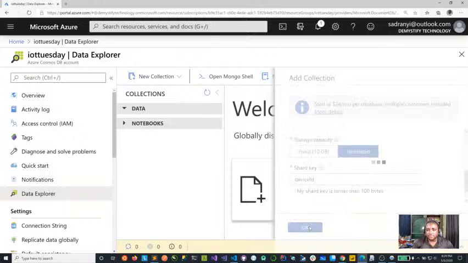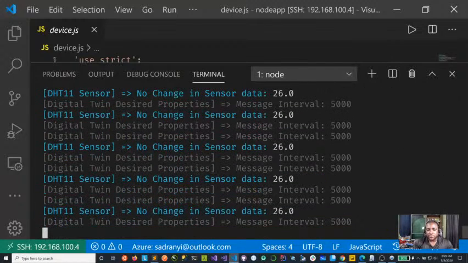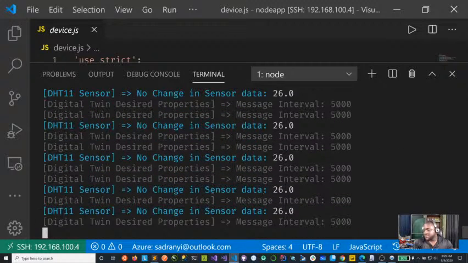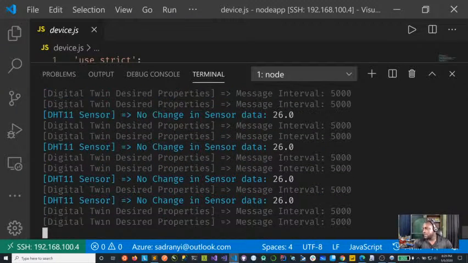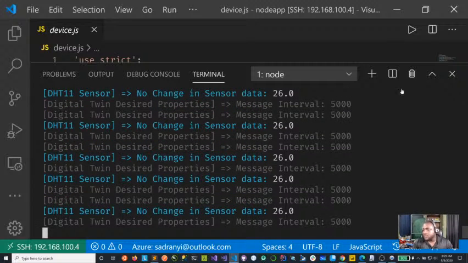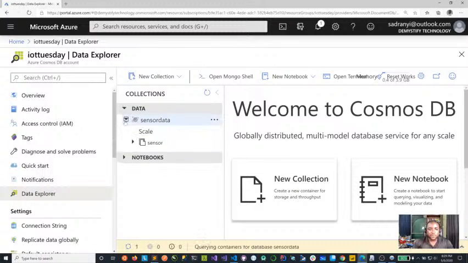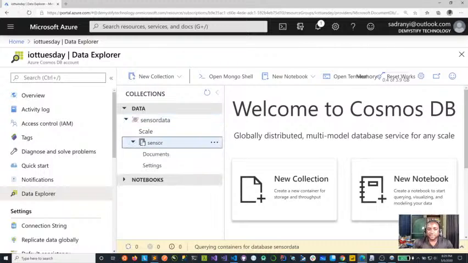Then okay, and this should create a collection. Now, whilst that's happening, let's check what's happening. So we are at 30. Oh no, we're back at 26. To show that it's going into the Azure function, I will use the heat gun again, and then we can see that. Okay, so now as you can see, we have our collection,